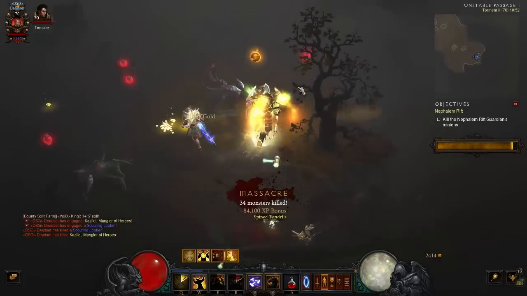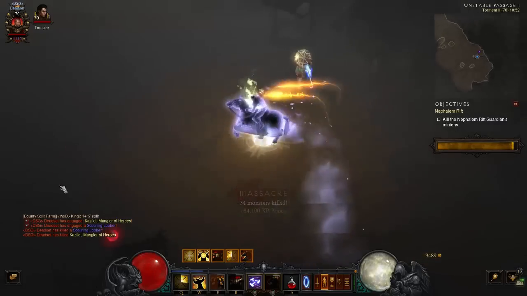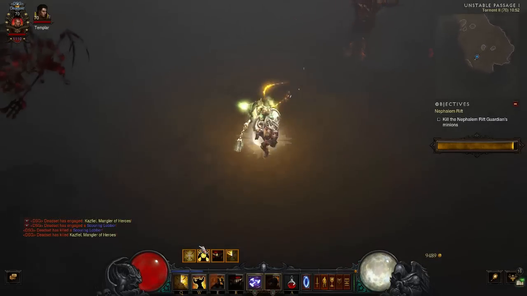And this is it for the beginner Crusader build. I will leave you with a couple of more minutes as I finish off this rift and show the gear